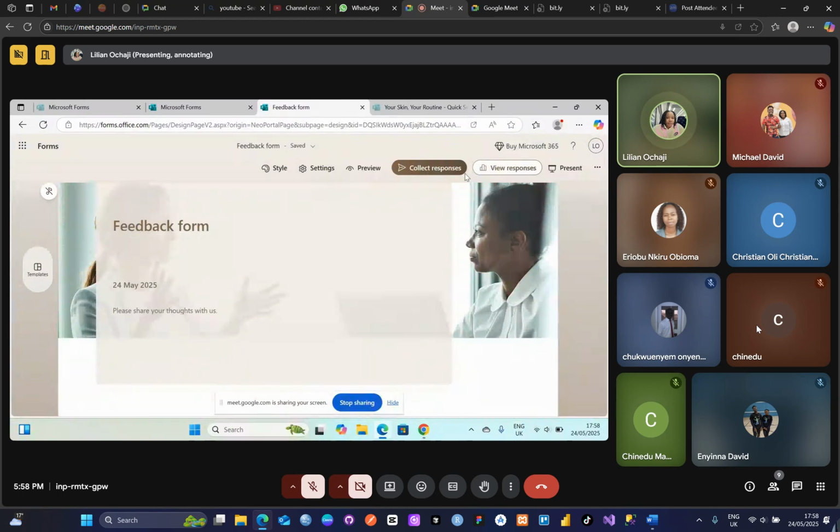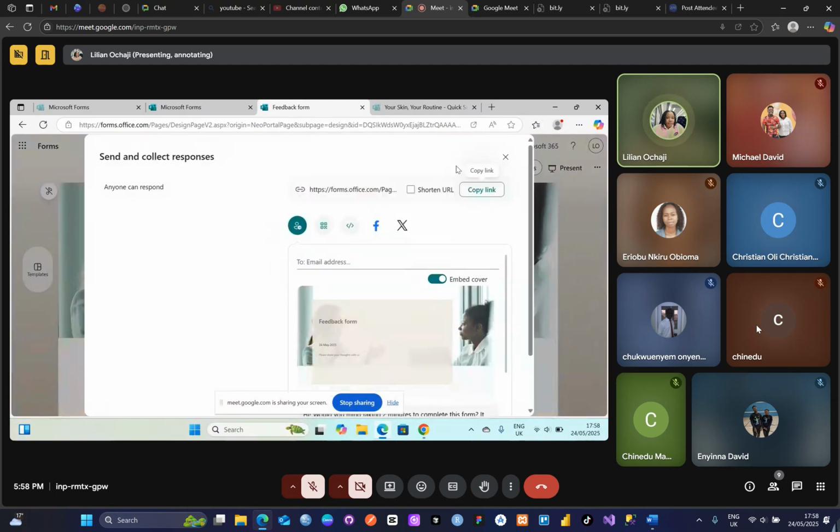And then I'll go to collect responses. This is where I'll be sharing both links and emails. So I have to input emails here. But for the fact that I probably might not have the emails of everyone I want to be sharing this to, I can share this out to probably the few emails I have. So I could send this out to